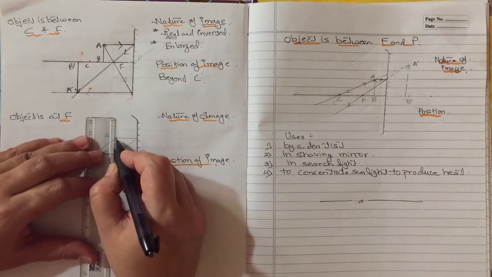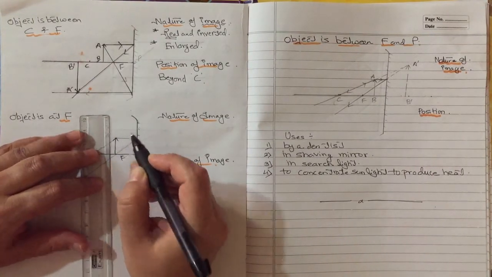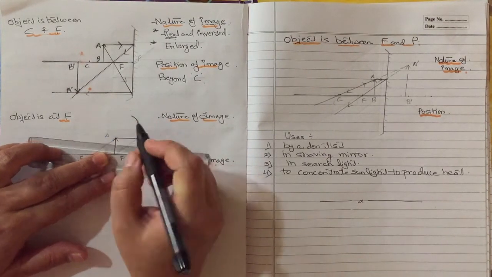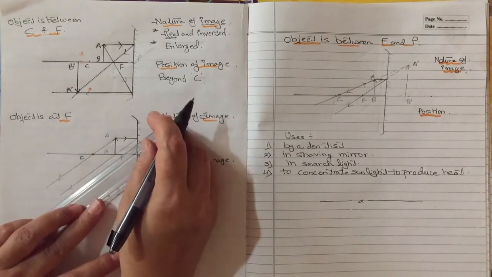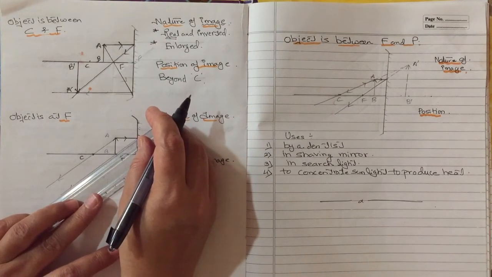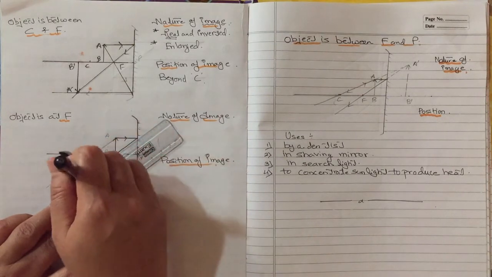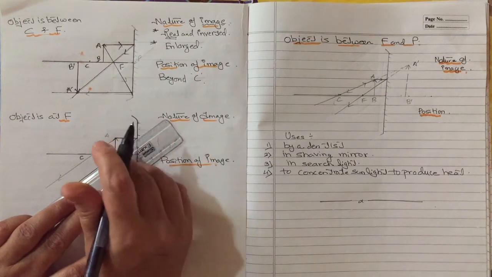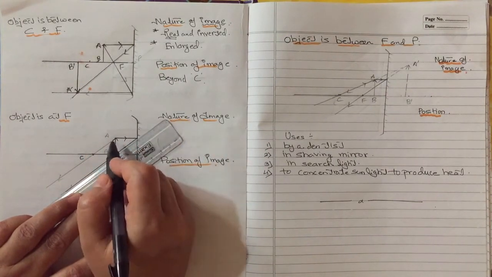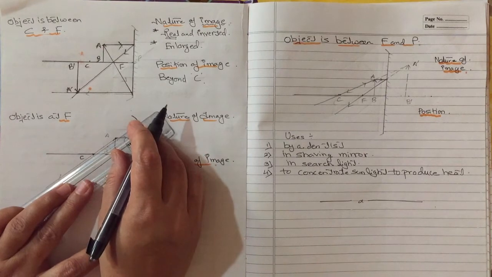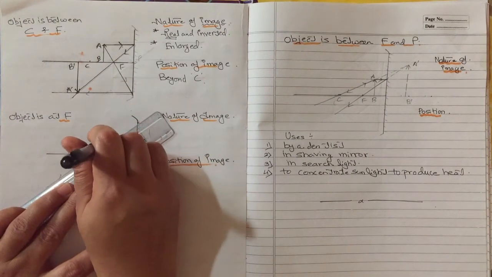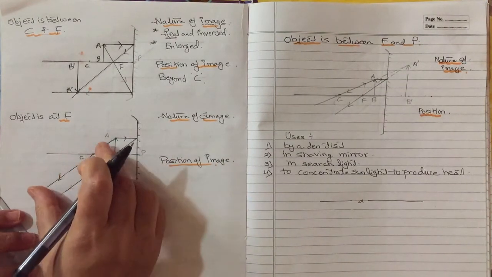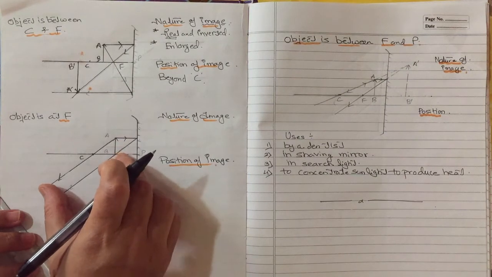Now when the object is at focus, let's draw a ray coming from the object which is parallel to the principal axis. After reflecting back, you can see it is passing through the focus. And the next ray, this is a little change over here in this diagram. The next ray arising from the object is passing through the center of curvature. This is the peculiar characteristic of this particular diagram.